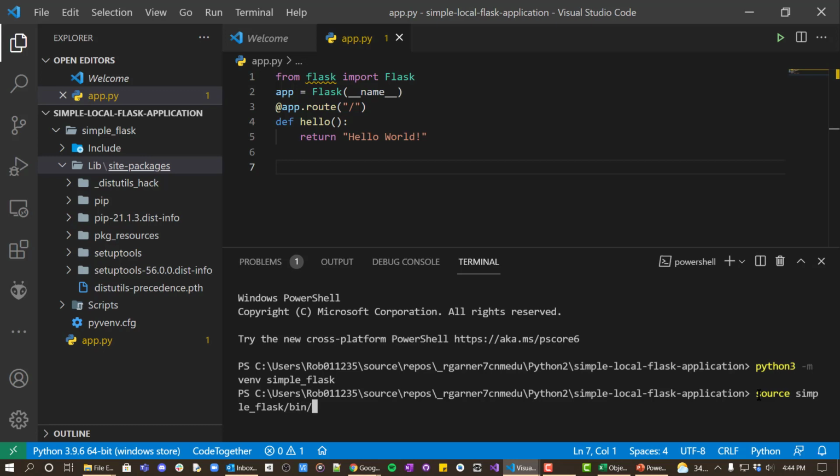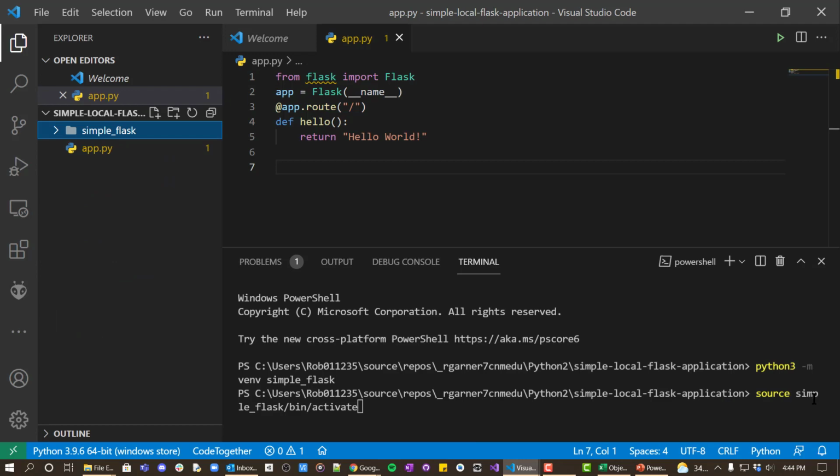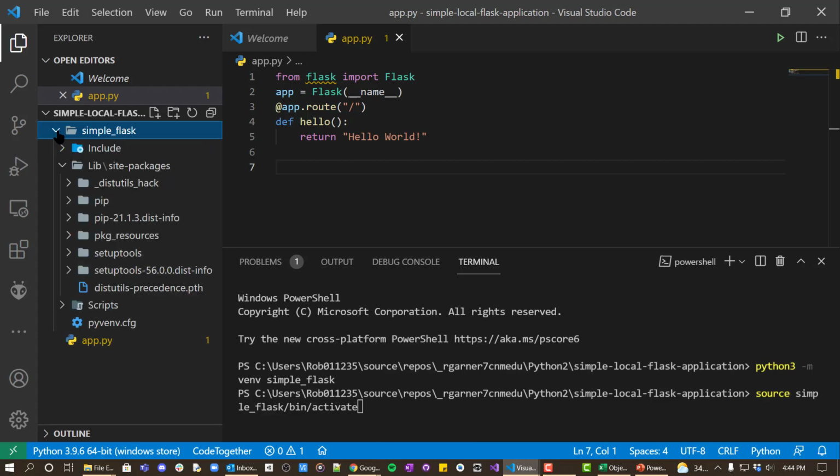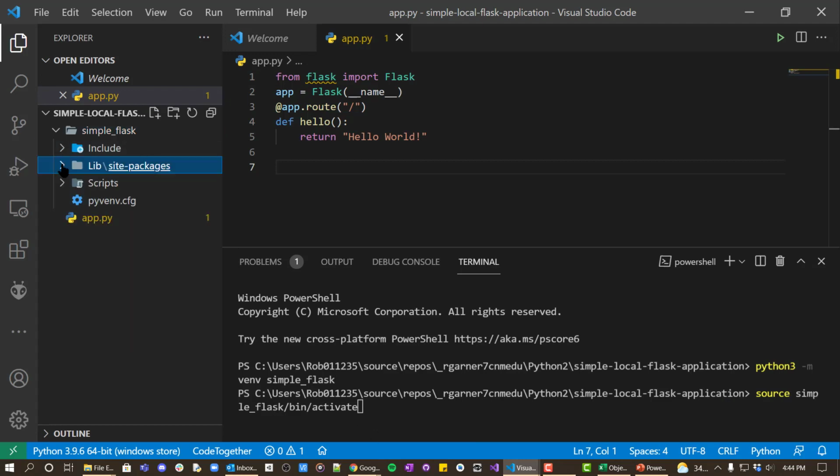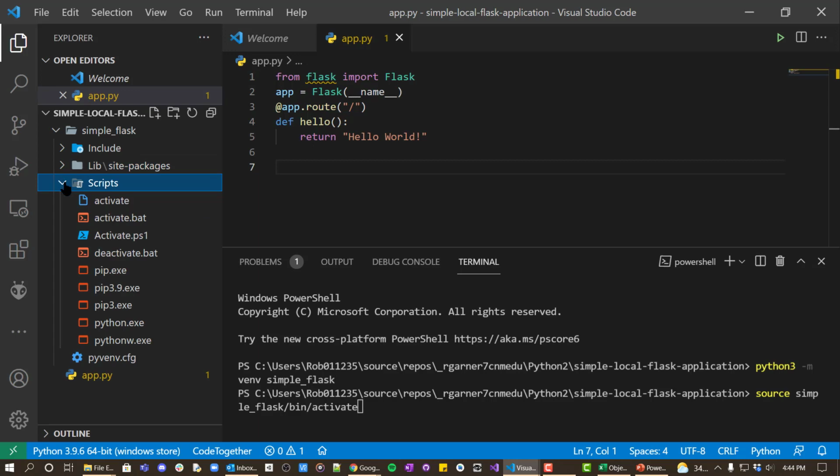And the way we're going to do that is we're going to type in source simple flask bin activate. Well, what's that? Well, this is simple Flask, and then under scripts, we have this activate command. And when we run that,